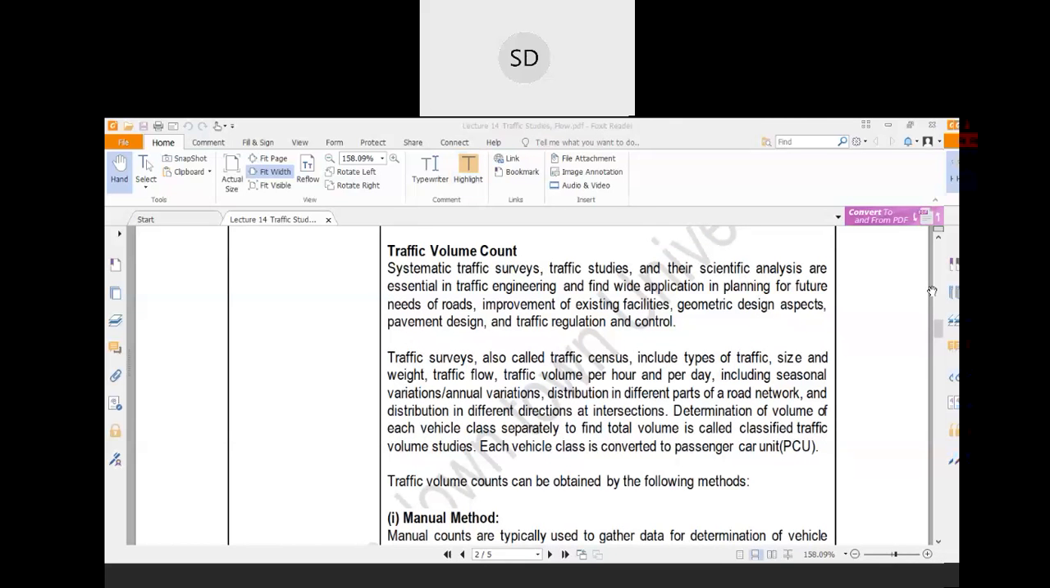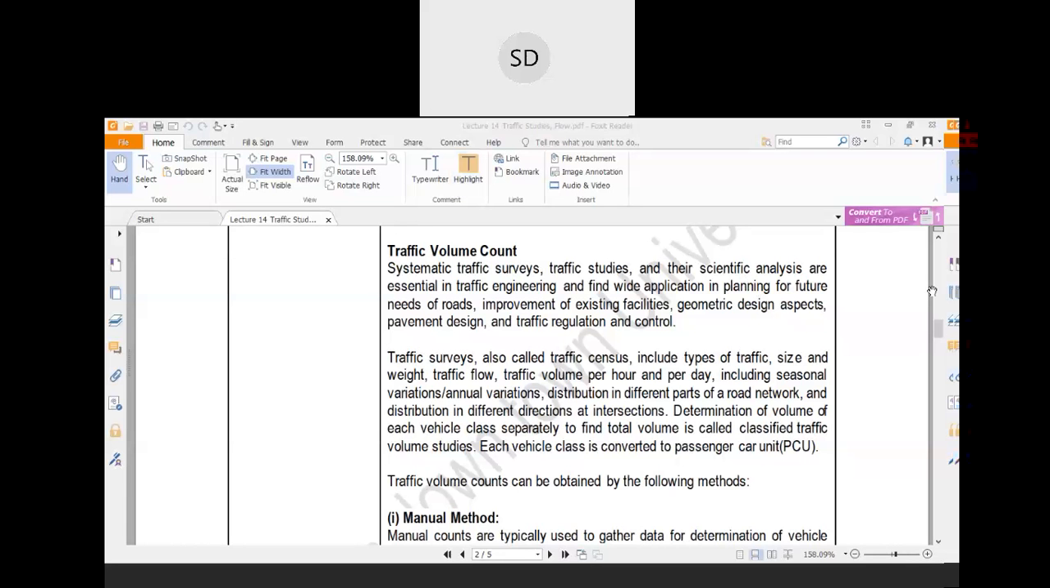Now, traffic volume count. How do we count the traffic volume? Traffic volume count can be achieved by systematic traffic survey and traffic study, and their analysis is also required for the future improvement of the road and imparting any changes to the current road section. Now, traffic survey, also called traffic census,